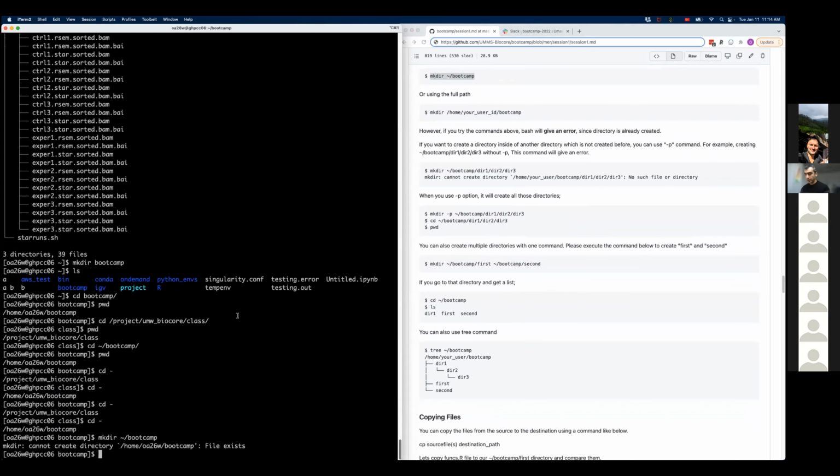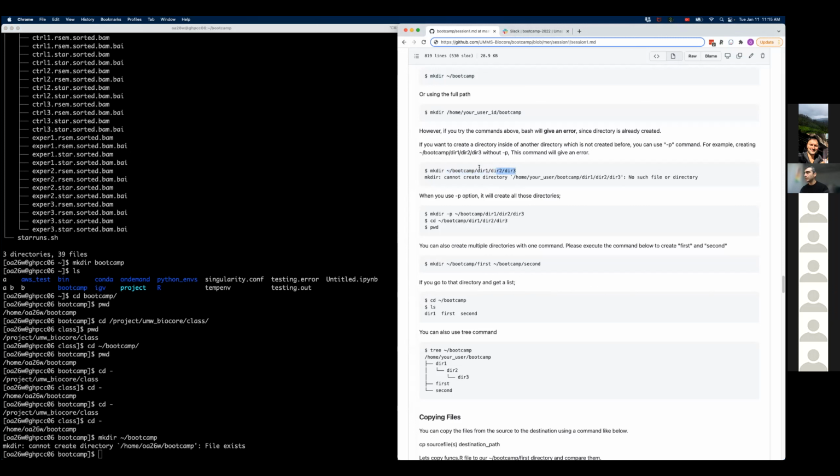Another interesting thing with the mkdir command is if you want to create a nested directory which has three directories. If I want to create bootcamp/dir1/dir2/dir3, this is one directory within bootcamp, then a second directory within that, and a third within that.